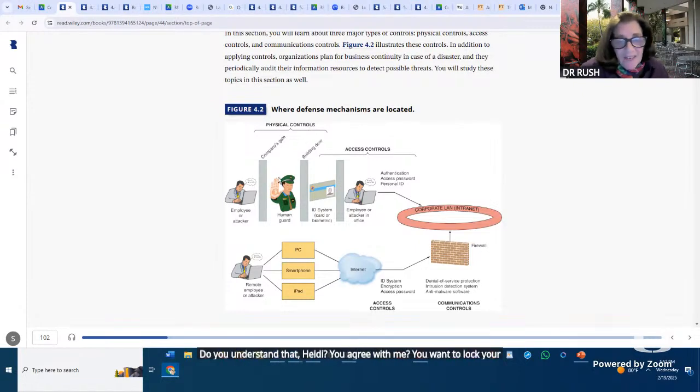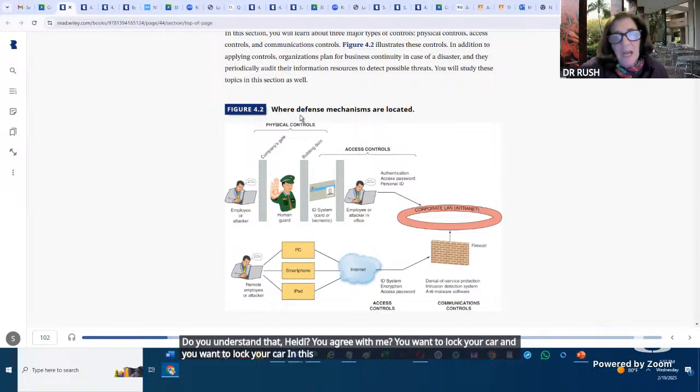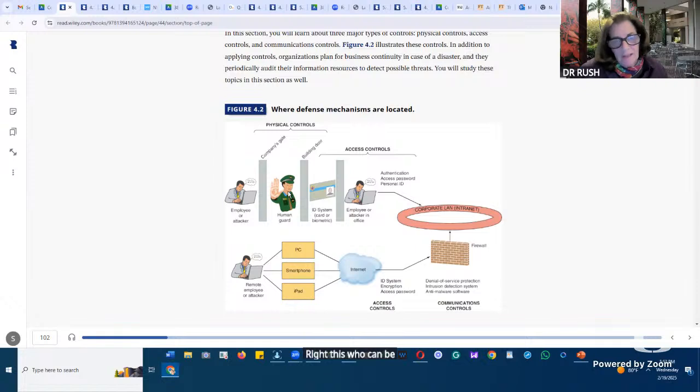And in this case, with computer systems, you have physical controls. Just think about it, the building doors to my computer systems. I may have some guards around campus. Who can be doing this? It could be an employee trying to attack, or it could be another attacker. At the university, you have some kind of ID systems so you can get into rooms, into computer rooms, right?